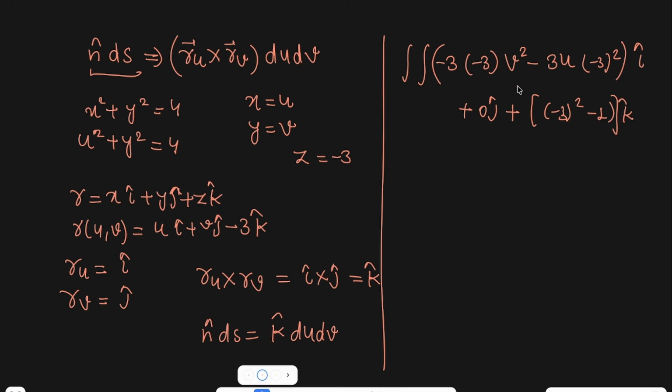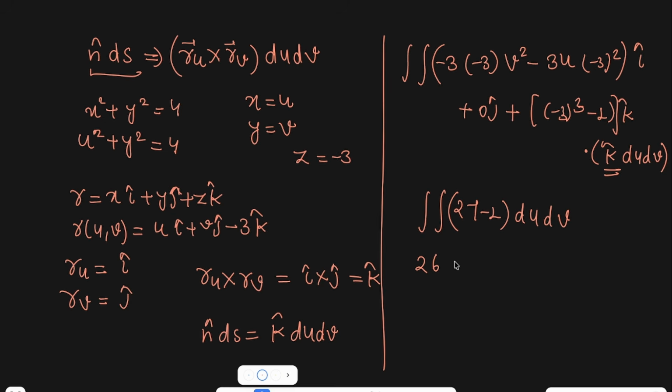You multiply this whole thing with n cap dot ds. N cap dot ds is nothing but k cap du dv. Because only the k component is there, i dot k will be 0, j dot k will be 0, k dot k will be 1. So it is the double integral of 9, that's 3 square. Sorry, it's 3 cube, so 3 cube is basically 27, so it is 27 minus 1 du dv, and it is 26,